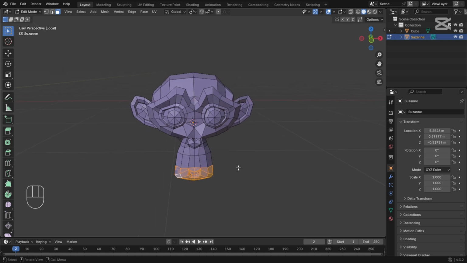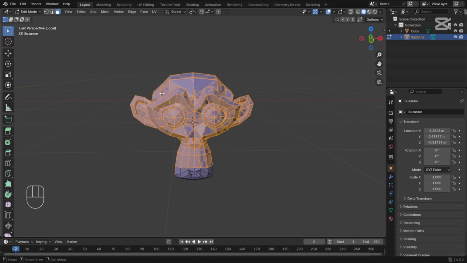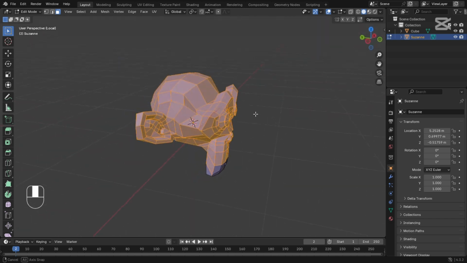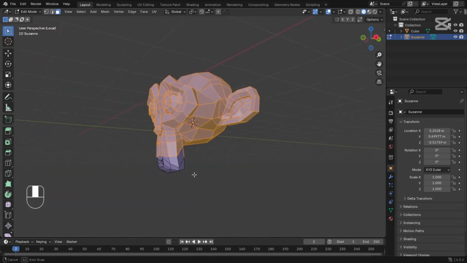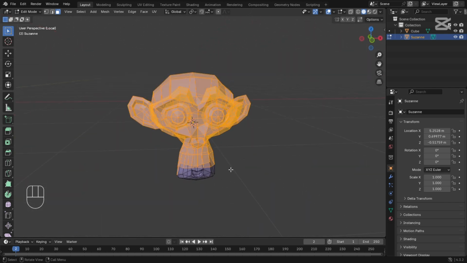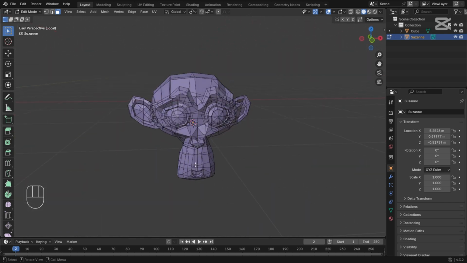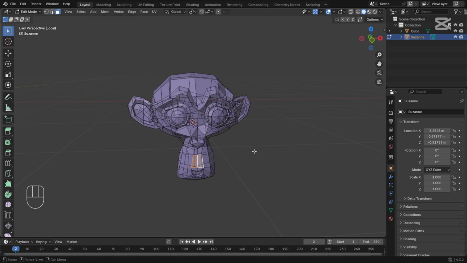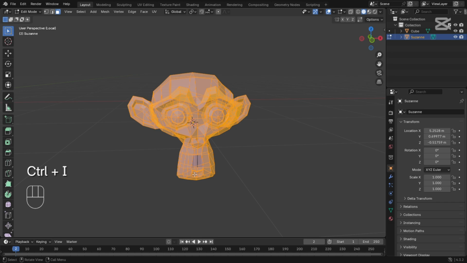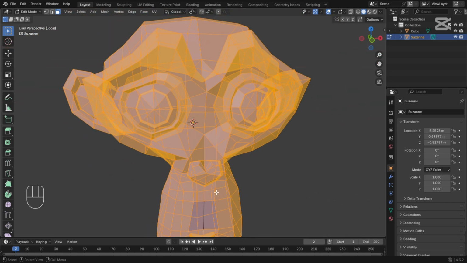Now the next thing I'm going to do is, if I come here and click on invert, it's going to select every other thing besides the one I selected. So what it basically does is the opposite. So if I select just these two faces and I click on Control I to invert, it selects every other thing,